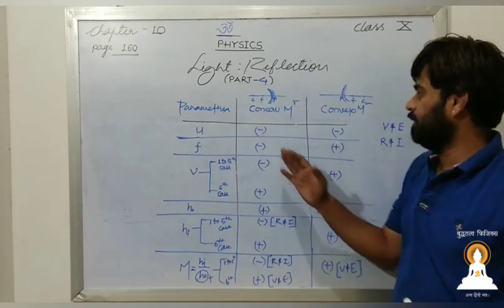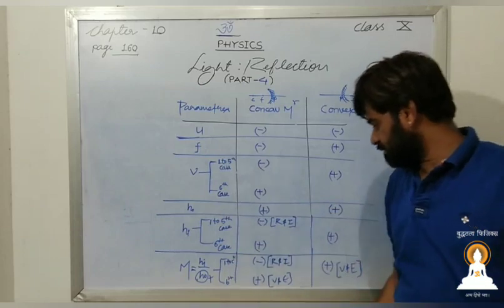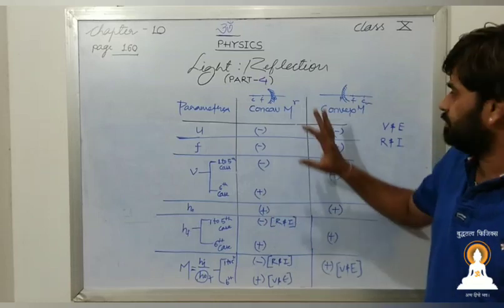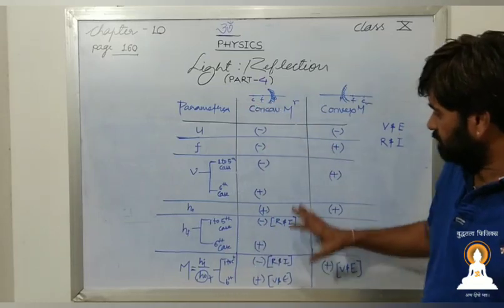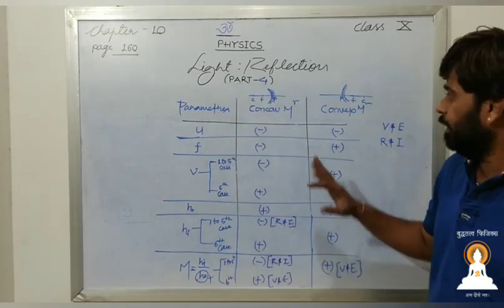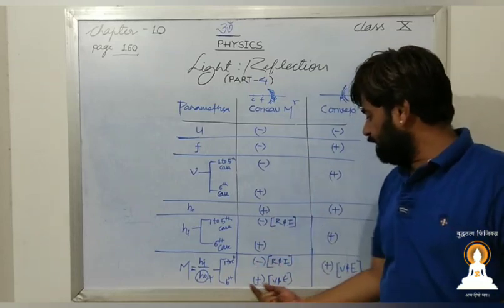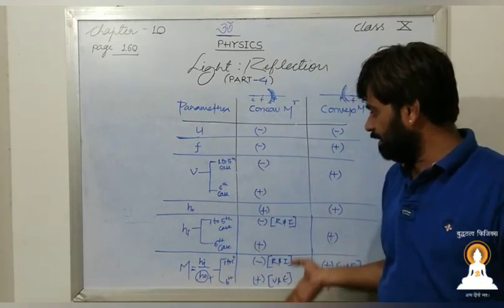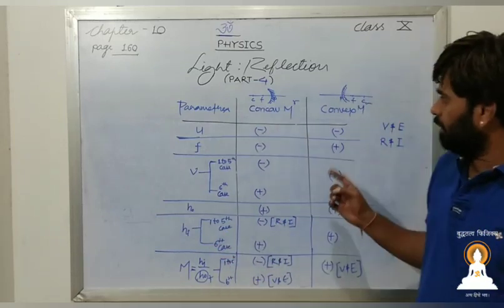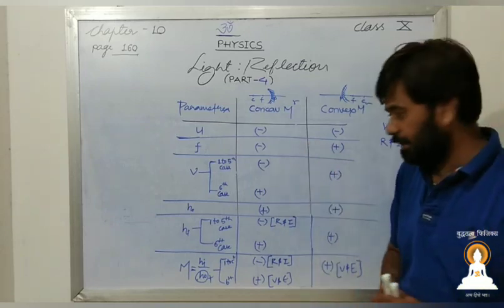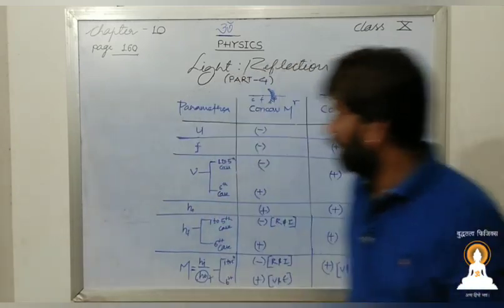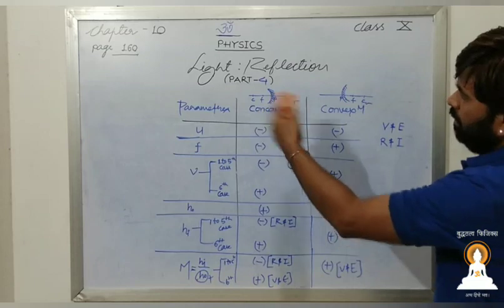Very important. This will help you in further classes also, in your higher studies. Don't memorize them by heart, just learn them. Very simple. This is all the analysis I have given in this table. Remember, very important, that will help you in solving or verifying the numericals. If you want to check whether your numerical is right or wrong, this analysis will help you confirm that your answer is right. So this was all about the numericals regarding the spherical mirror.